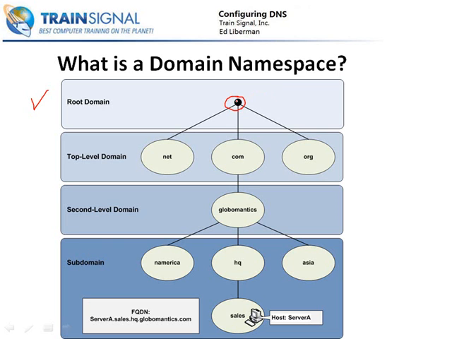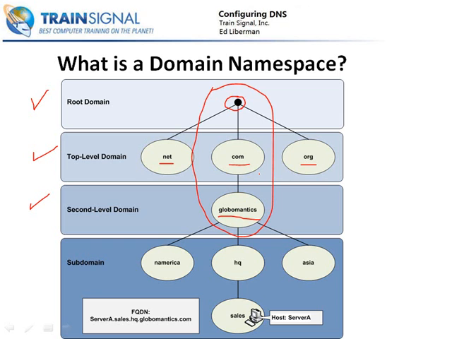Under that dot, or to the left of the dot in a name, would then be the top level domain. Now, the top level domains are your .nets, .coms, .orgs, .info, .gov, .edu. There's a number of them. Those are your top level domains. Then we move further down through the tree into our second level domain, and that would then be, typically, the name of a company. In our example here it is Global Mantics. So in this example right here, if we took just this chunk of the tree, that's our globalmantics.com